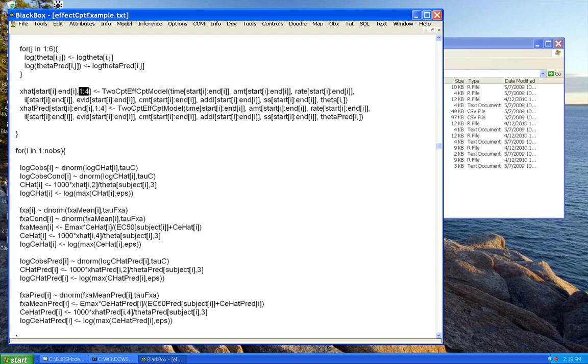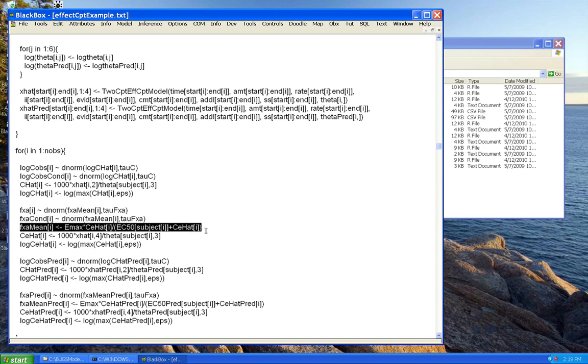Our dependent variables here are both the log transform concentrations, so it's called log COBS, as well as what was named here FXA, the hypothetical endpoint for our response, which was factor 10A inhibition. And recall that had a normal residual variation in here, and that is going to be a function of the